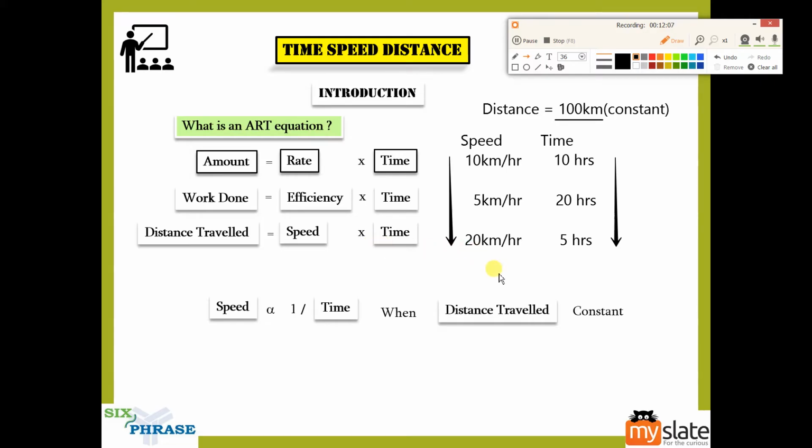Now, the main application for this, what is the main application? I'd say the main application is when people give you speed ratios. Speed ratio of trains. There are two trains. Their speed ratios are 4 is to 5. Now, what is the time ratio? My question is, what is the time ratio?